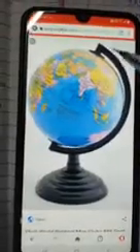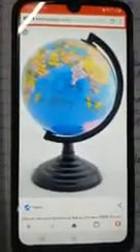Next topic is the globe. You can see the picture of a globe. In simple words, a globe is the model of the earth. A globe is an exact model of the earth showing the correct shape and location of the continents, oceans and seas on a smaller scale. It shows the shape and location of the continents and oceans. Different places too can be located on a globe.